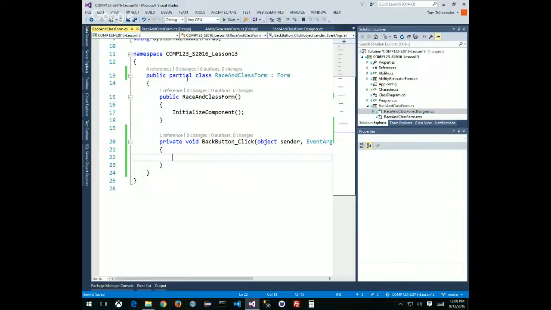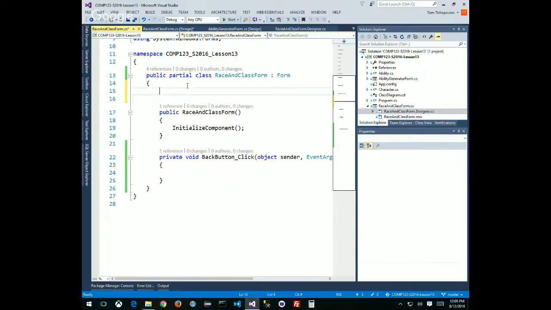All right, so my back button, race and class. Remember, to have a back button, we have to have a previous form. So inside my class itself, I have to say something like my previous form is the ability generator form, right? We're going to call this the previous form, right? And what I want to say is that I want to make a reference to the previous form from my